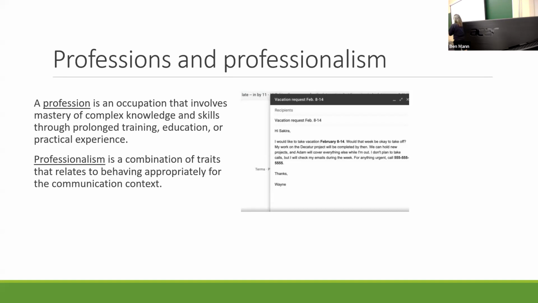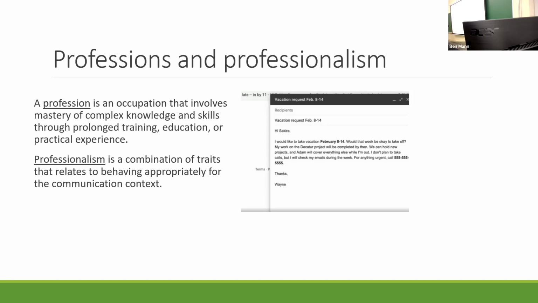One way we can think about profession and professionalism is the way that we might do certain practices, such as writing an email, right? So generally speaking, an email in a professional and work context includes a really clear subject line that's connected to the topic. It generally includes a salutation or greeting. It includes content and uses spacing to break it up into paragraphs, and it usually includes a closing clause